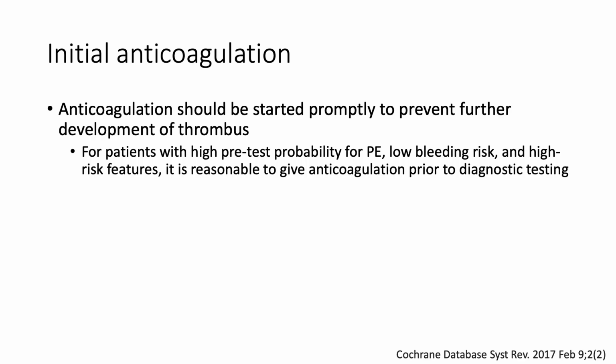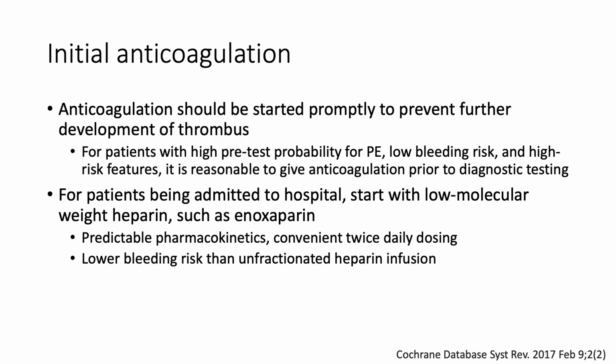All right, so for initial anticoagulation, it's important that you start it very promptly to prevent further development of thrombus. And if you have a patient with a very high pretest probability for PE and they have a low bleeding risk, it's reasonable to give anticoagulation even before you get the CT scan. For patients that are going to be admitted to the hospital,